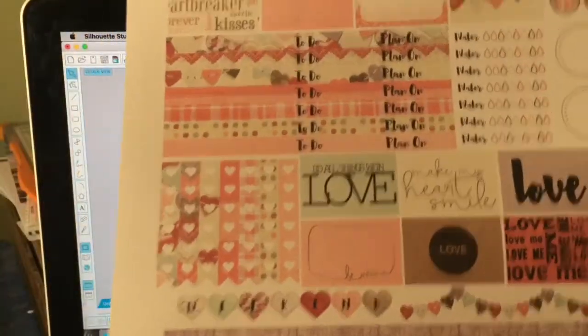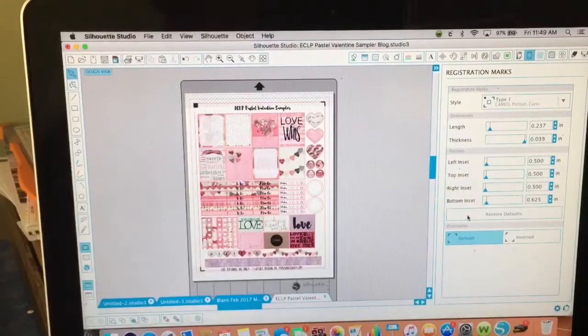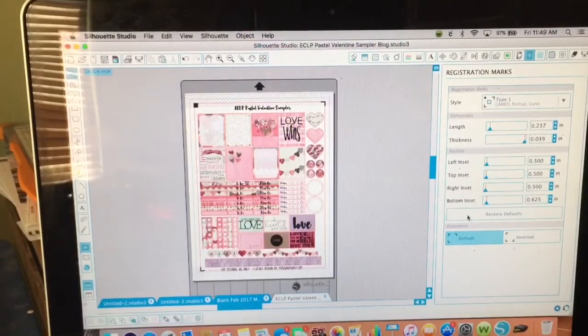Okay, so this is how it printed out. And now I am going to run it through my Silhouette machine. So I'm just going to put it on there. But if you do not have a Silhouette